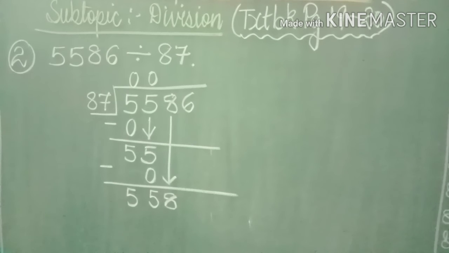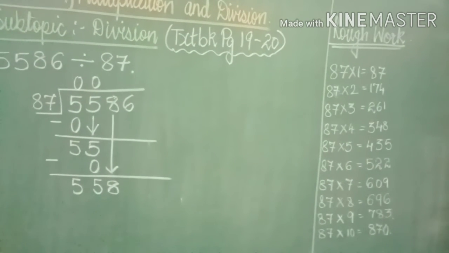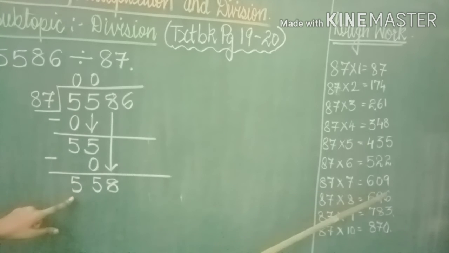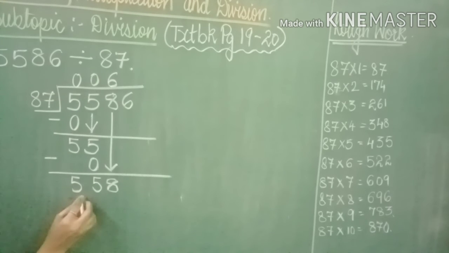558. Now we have to check it in the 87 table whether 558 lesser number are there or any other numbers are there. So let's have a look with the 87 table. As you can see it over here, 87 6 is 522, which is lesser number or which is smaller number than 558. And you can also see 87 7 is 609, which is a bigger number. So we are not going to write 87 7, but we will be writing 87 6, and answer will come as 522.